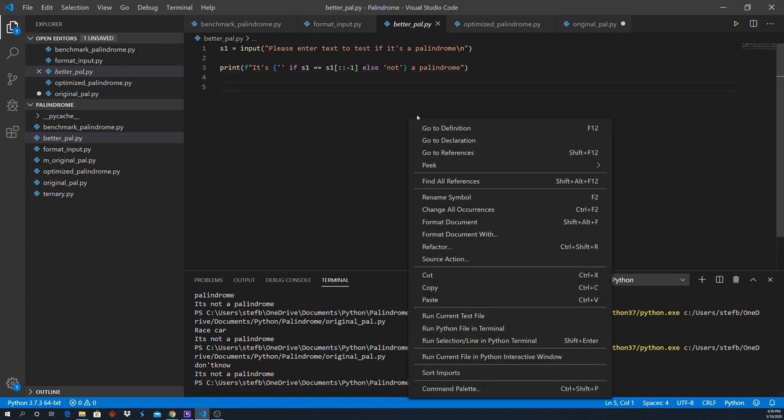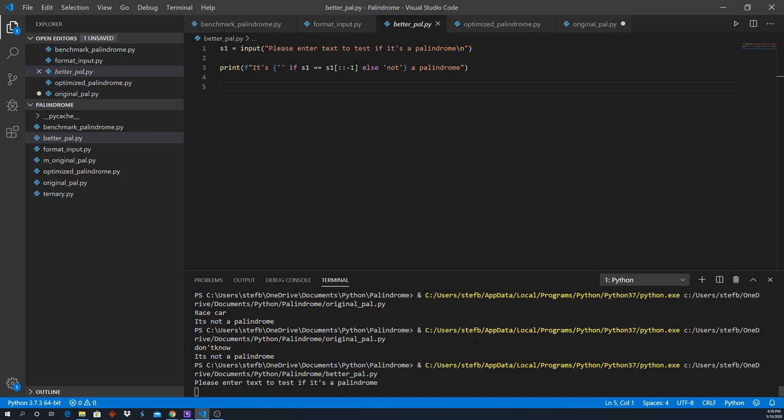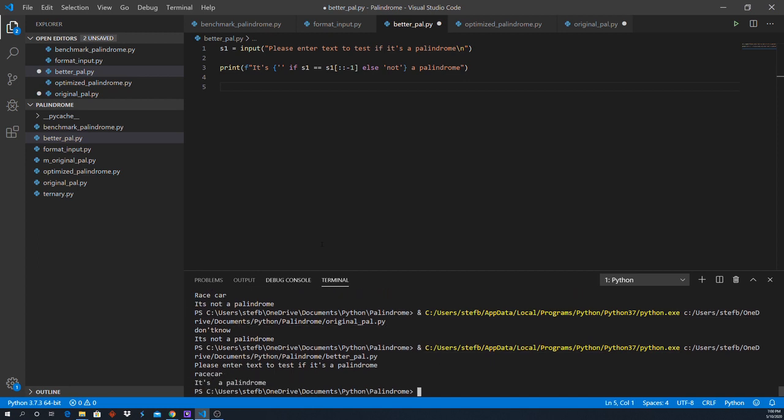But whereas if we run this one, please enter text to test if it's a palindrome. And I keep doing this. So it's a palindrome. What I was able to do here to get this to be significantly smaller code